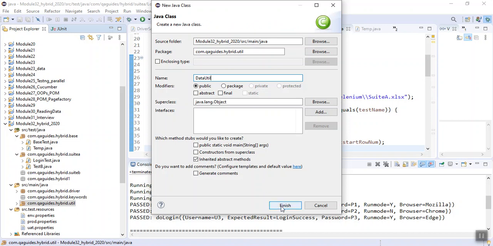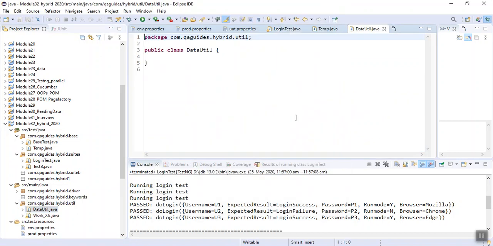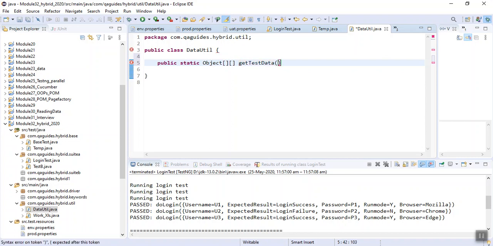Okay, finish. It will have a function: static Object 2D array getTestData. In this I will send the name of the test whose data we are going to retrieve.